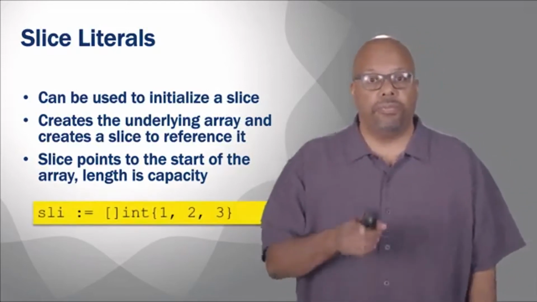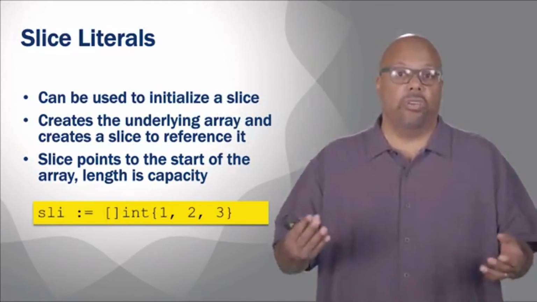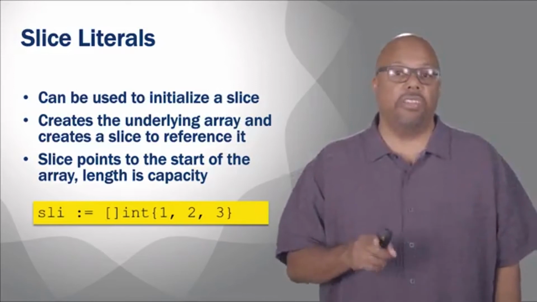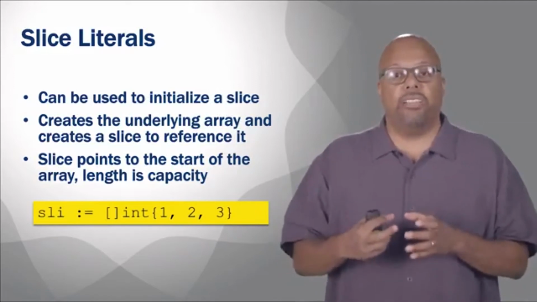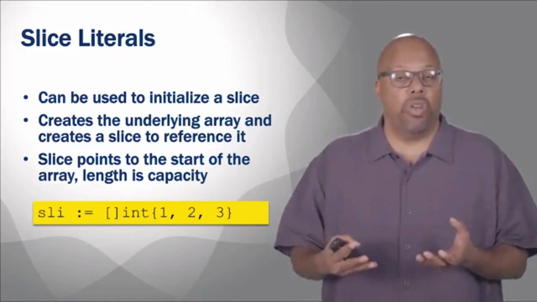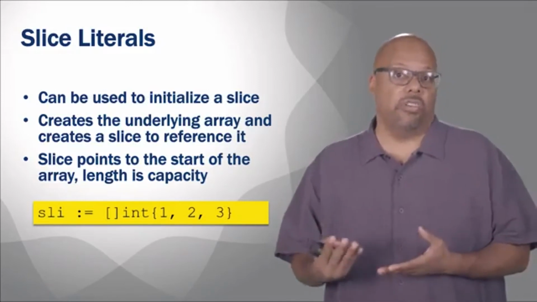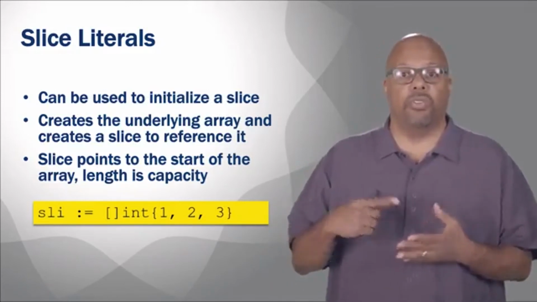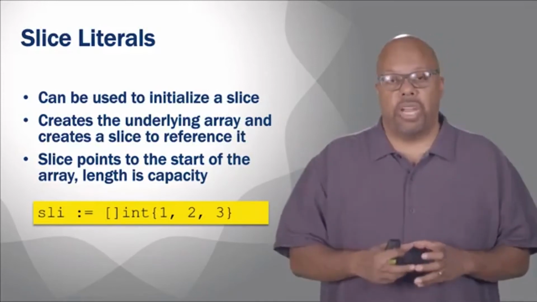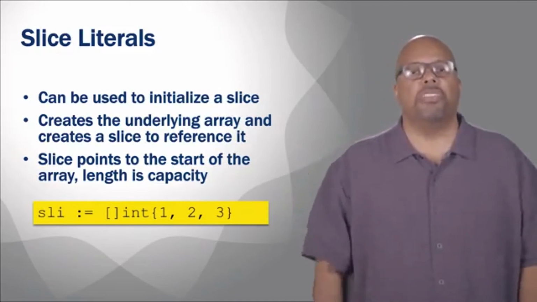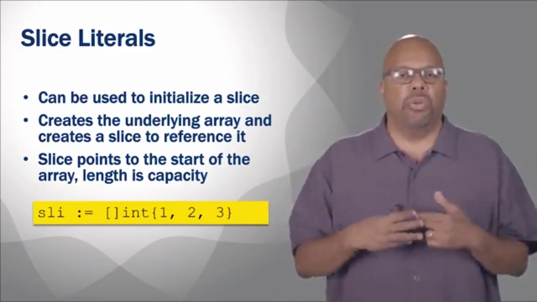So we can see that here, we're defining using a slice literal. SLI is defined as a slice literal, and it defines the underlying array. And you know that this is a slice literal because you can see where I say SLI colon equals brackets. Normally in the brackets you'd put the length if it was an array, like 5 or 3 in this case, or you'd put ... to say this is an array. Its length should be inferred from the number of elements inside the curly brackets. But in this case, we didn't put anything in the brackets. So the compiler says, oh, this must be a slice. And what it does is it creates the underlying array, and then it makes the slice point to the whole array.